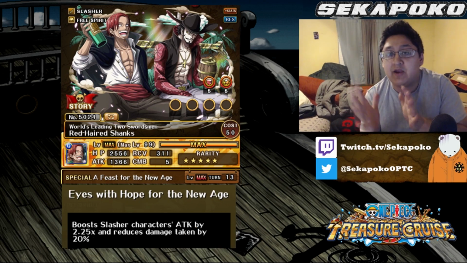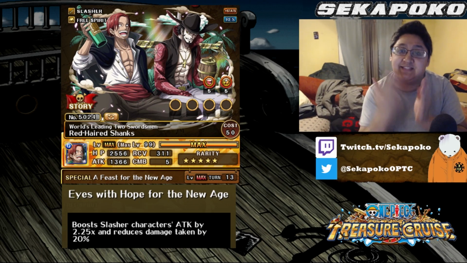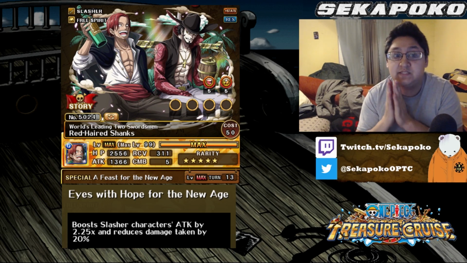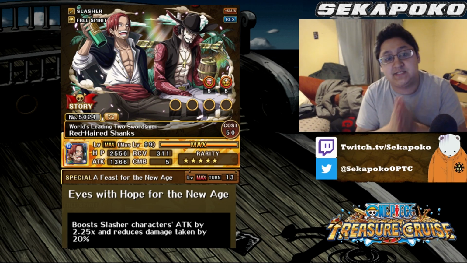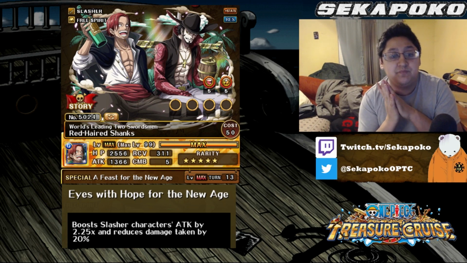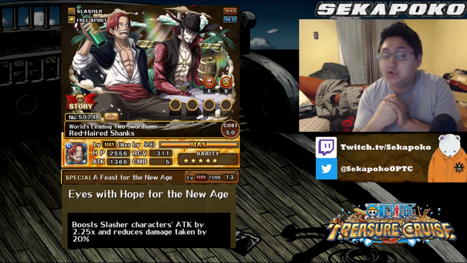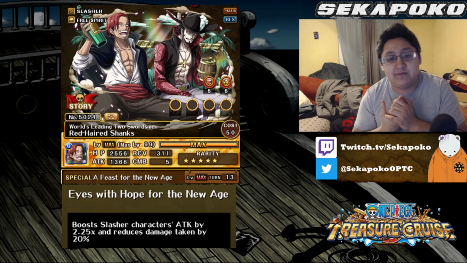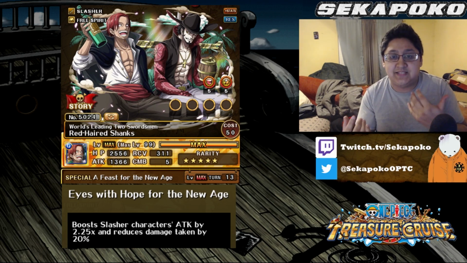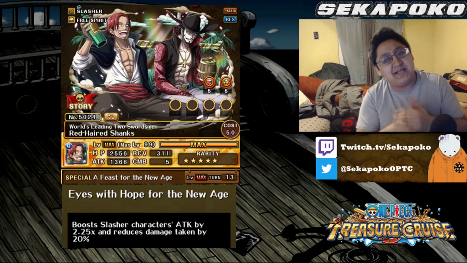And then for the brand new Shanks captain ability, he's going to be a slasher and free spirit unit who's going to max out at 2556 HP, 1366 attack, and 311 recovery. And his captain ability is going to be slasher attack by 2.25 and reduce damage taken by 20%. So all in all, kind of a weak attack on his captain ability, but a massive amount of damage reduction,